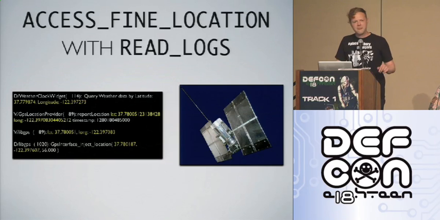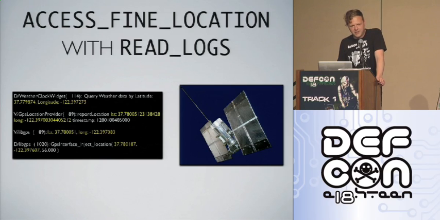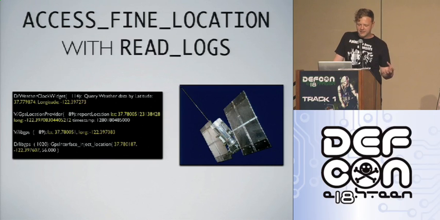But we can actually do better, because as it turns out, the full fine location data, which should be gated by access fine location, shows up in a lot of places. That same widget that I was talking about logging coarse location data actually happens to log the GPS coordinates as well. The underlying GPS infrastructure on several devices that we looked at is logging the latitude and longitude out of the GPS location provider, and the underlying libraries are as well. Now, one thing to point out is that this only happens when you're actively interacting with the GPS. So it's not like you're getting constant, foot by foot movement,